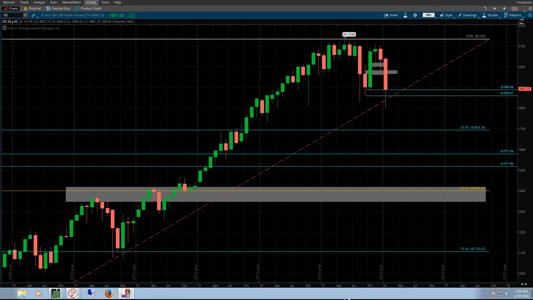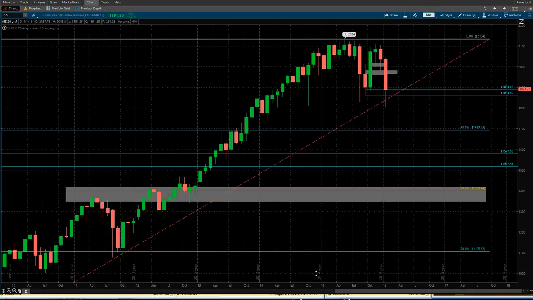So I guess we will start off with top-down analysis here. This is the chart of the monthly ES contract. As you can see, as many times I mentioned in my video, you might find buyers here at the pivots, and sure enough, it's holding that, it's buying that up, and if it closed around